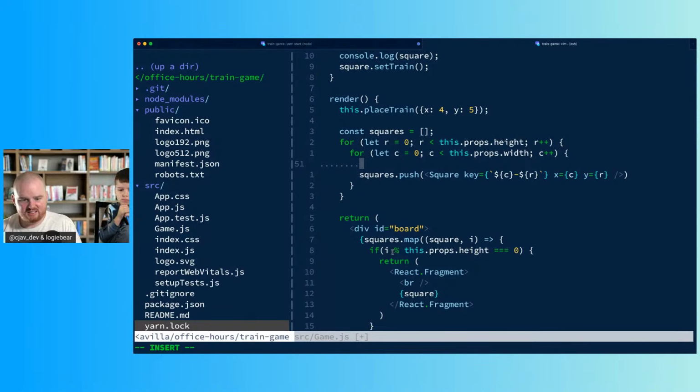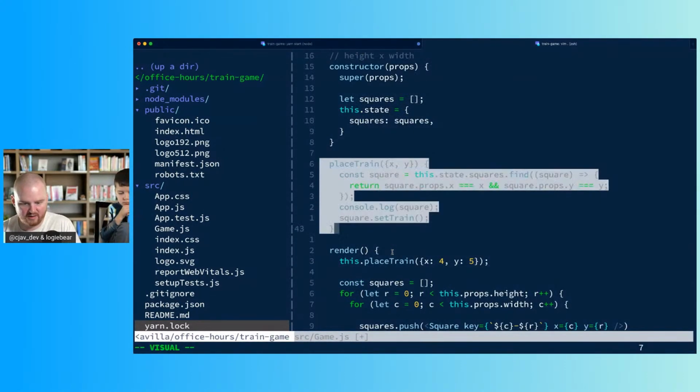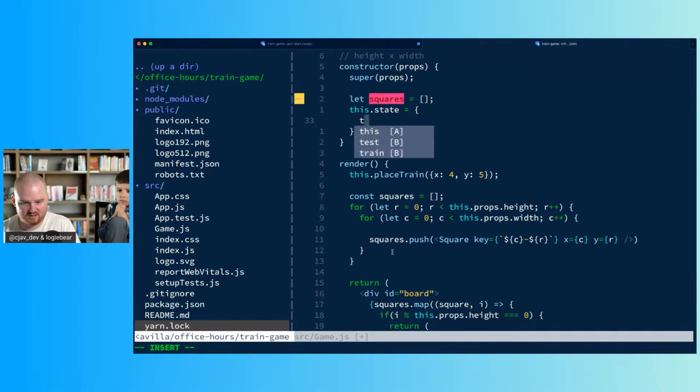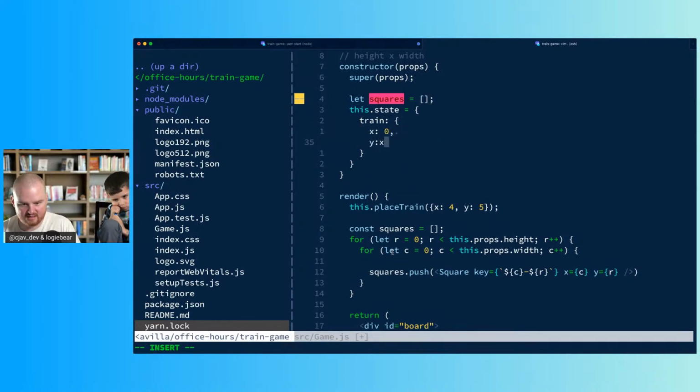Let's see. Instead of calling place train, let's see if we can do this a different way, where we keep the train's position in state. This.train, and this will be x is 0, y is 0. And here we say if